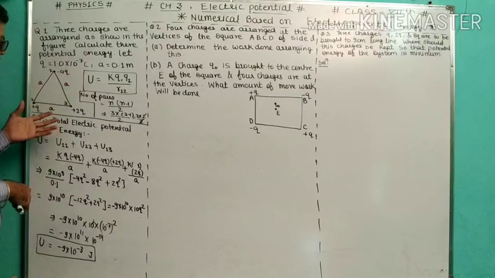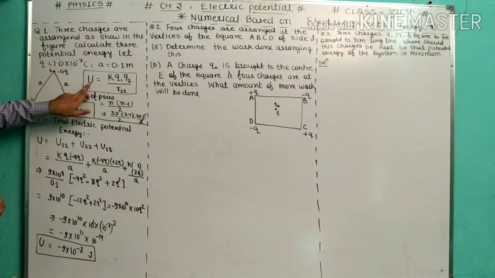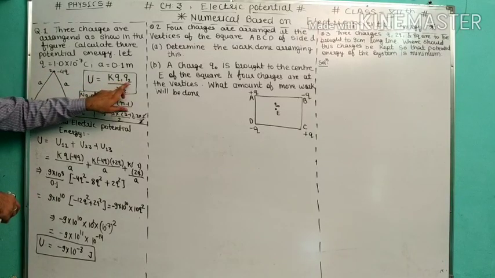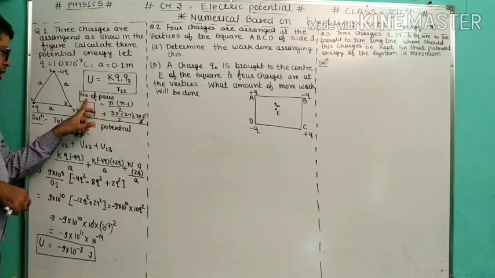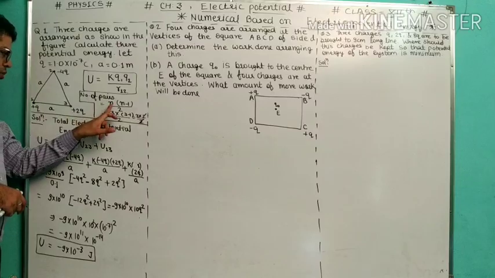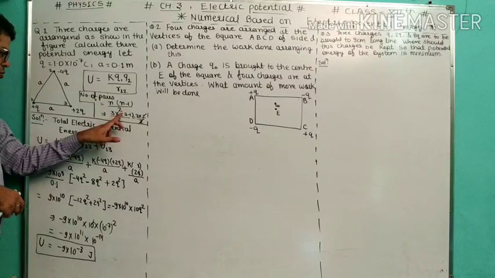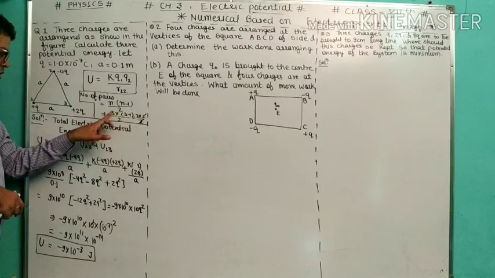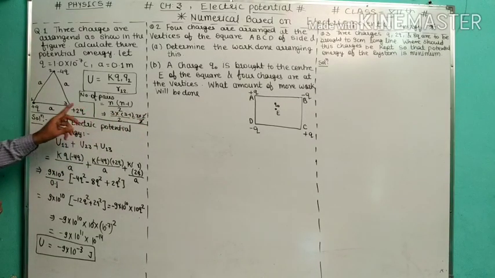Now we are proceeding with a short understanding. 3 charges are given, q, minus 4q, plus 2q. Electrical potential energy is K q1 q2 upon r12, the basic formula I use here. For finding how many pairs, we use the formula n minus 1 divided by 2. Value of n is 3 into 3 minus 1 divided by 2. So 3 into 2, 2 cancel. So it is 3. So number of pairs is 3.